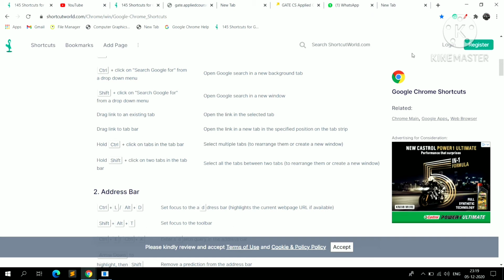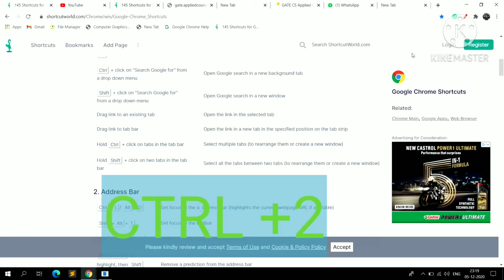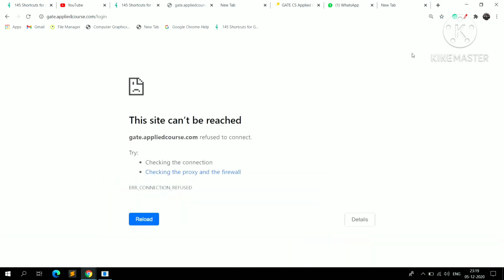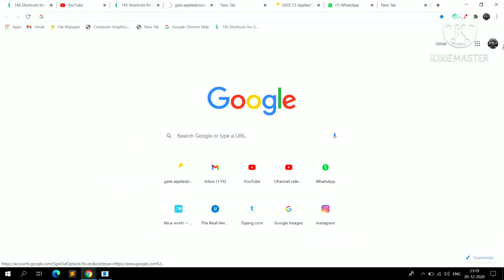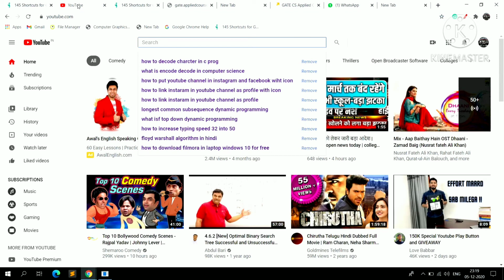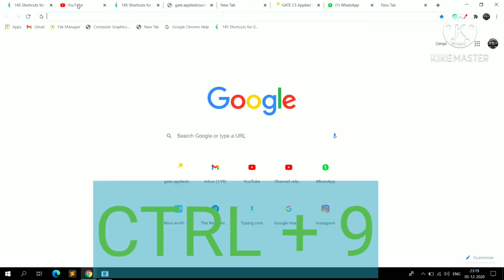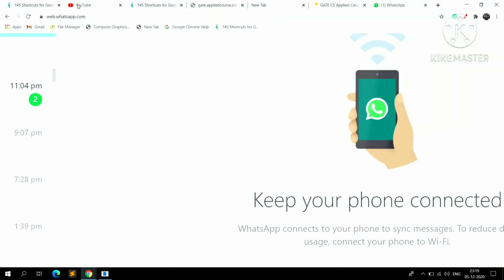If you want the second tab, just press Control plus 2. Control plus 3, Control plus 4, Control plus 5. You can switch from one tab to another. If you are anywhere but you want to go to the last tab, just press Control plus 9.